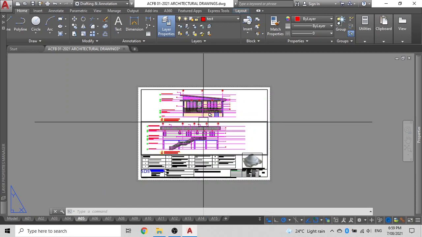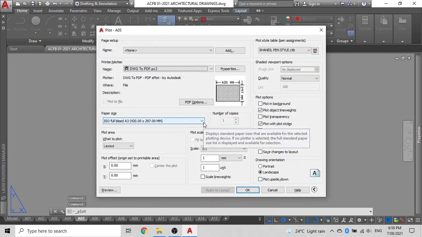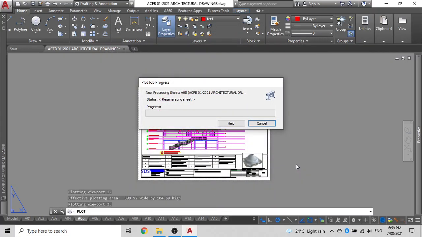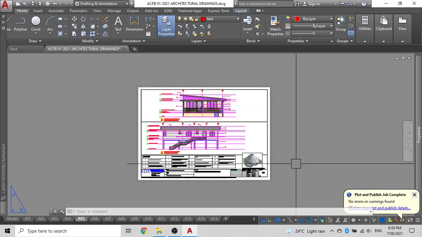So, as I was saying, plot is for one sheet and publish is for several sheets. So to plot, just do a Ctrl+P command and click on OK. Specify your file name. I'll just call this IE1 roughly, and if you had set up your file location in the first setup video, then it will take you straight to the file location that you had set up. Click on save, and it should automatically pop up your PDF